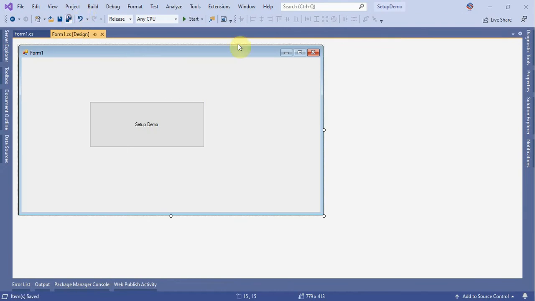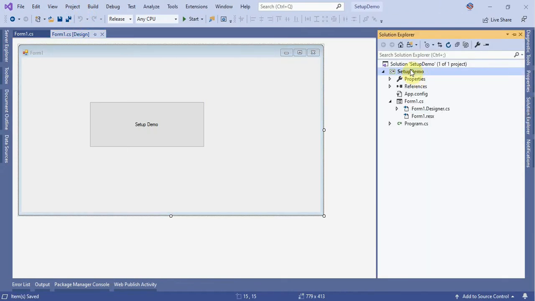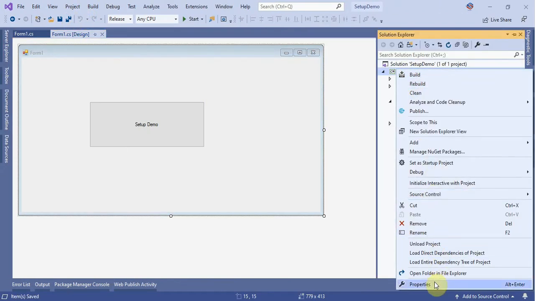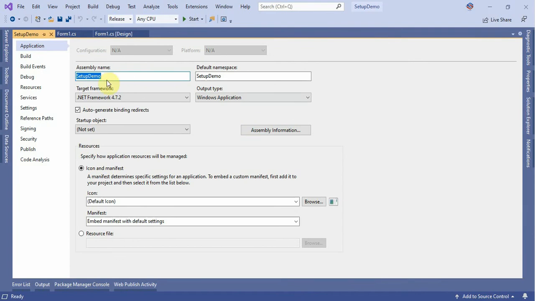So then go to the project properties. Right click here, go to Properties, and here see the assembly name, default namespace. This is the target framework, and this is the output type. The target framework is the requirement of this application. This application means your exe file.